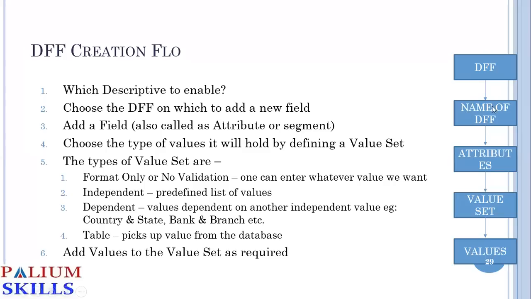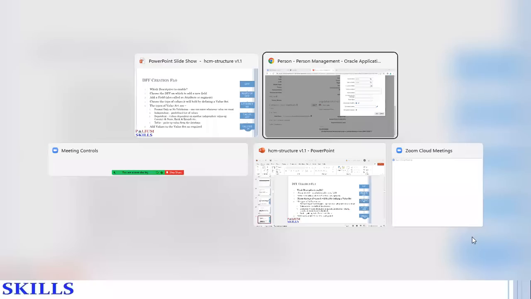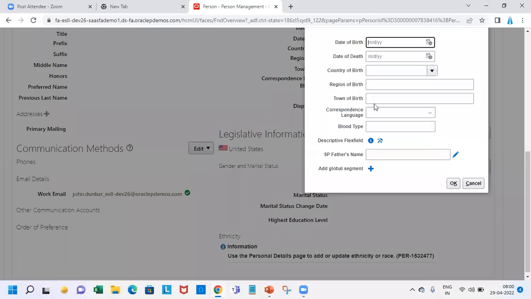We first looked at the name of the DFF. We edited it, went into the attributes, gave it an attribute, chose a value set, and next we'll see values. Here we will not have values because it's a name. You can't possibly have a list of all possible names. That will be too big a value set, so we leave it as format only. Name fields are usually format only unless it's a restricted list of names,